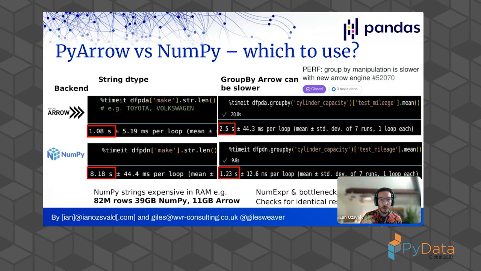And it took me less than a minute to find a combination on my data where I could reliably say that group by on an integer field in this case, and then taking a numeric operation, a mean, on another integer field, took 2.5 seconds with Arrow in Pandas, as opposed to just over a second with the NumPy backend. So some things are faster, some things are slower. I don't know if that's good or bad, but it's worth pointing out that if you do your own benchmarks and you're just switching over to Arrow, be aware that some things might not be as good as you're hoping for, but other things could be better.